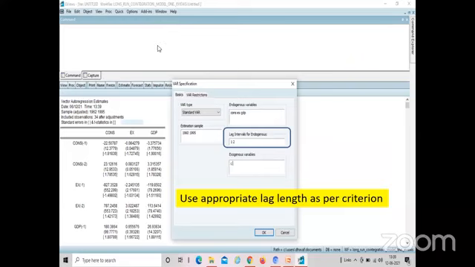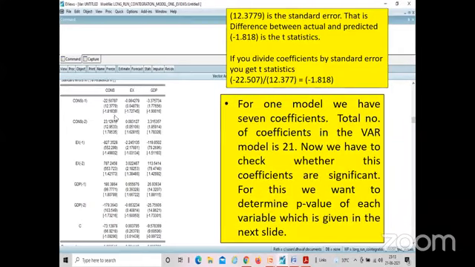Now let's start interpreting, right? Let's start interpreting. This value, which is in the bracket, is a standard error. The difference between actual and predicted. So when I take the division of the coefficient by the standard error, it gives me the T statistics.